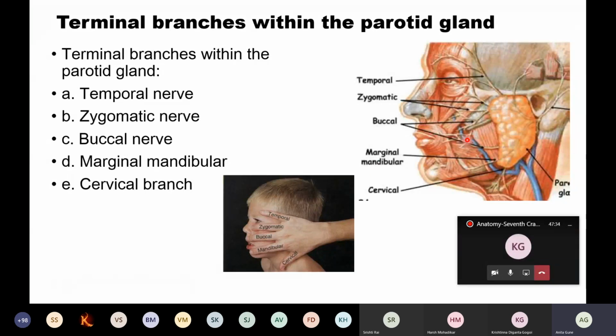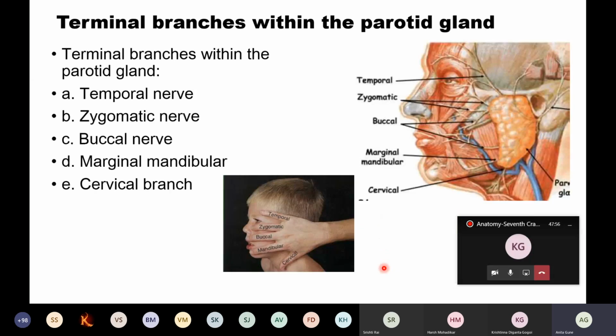So this all immediately will be distributed to all the muscles. These are the terminal branches of the facial nerve. They are the 5 branches. You can remember them by keeping your hand this way. That is temporal, zygomatic, buccal, mandibular, and cervical branch. These were the branches, right? So we saw the branches in the petrous part, that is 3 branches over there. After it comes out of the stylomastoid foramina, 3 branches, and these are the 5 terminal branches.